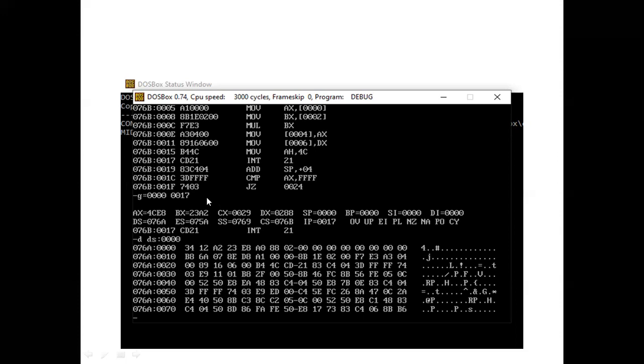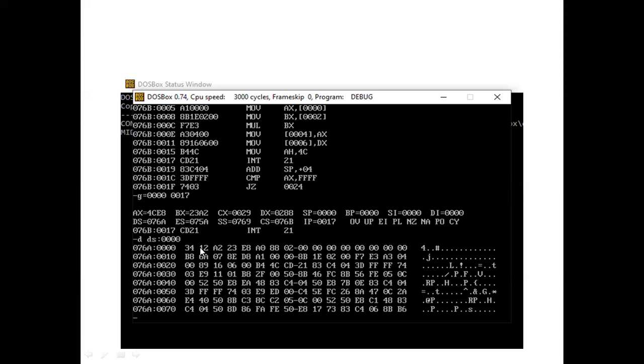After typing and pressing enter, we can see all the registers. In this program, the first number is at 00 and the second number is at 002. The first number will be in AX and the second number will be in BX. Then we execute using MUL BX. This will take the value of AX multiplied with BX. The answer will be stored in DX:AX.